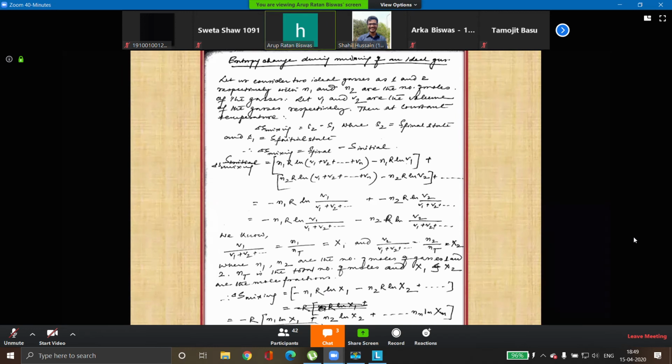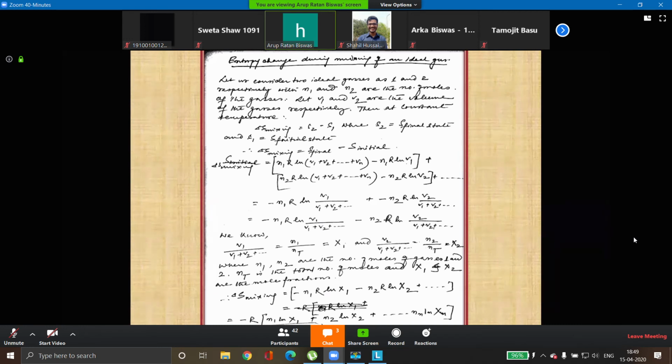So here you see 2.8 liter is the V1 and V2 is the total. When you make the number of moles, it is 22.4 liter per mole. So the liter cancels and it becomes mole. Similarly, 19.6 divided by 22.4 liter. So what will be the mole fraction? Mole fraction will be 0.125, and the other is 0.875. 0.875 plus 0.125, you get this will become 1.